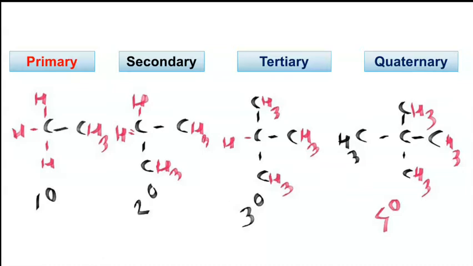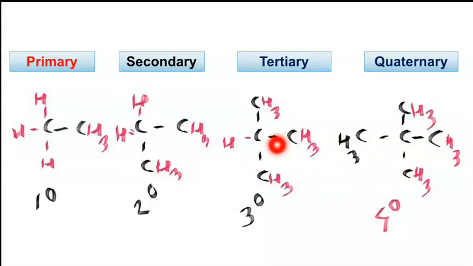So you can see the first structure, this carbon atom which is directly attached or bound to one other carbon atom, hence it will be the primary carbon atom. Then the secondary carbon atom, you can see the structure. In the structure, you have two other carbon atoms which are directly bound or attached to this carbon atom, hence it will be the secondary carbon atom.